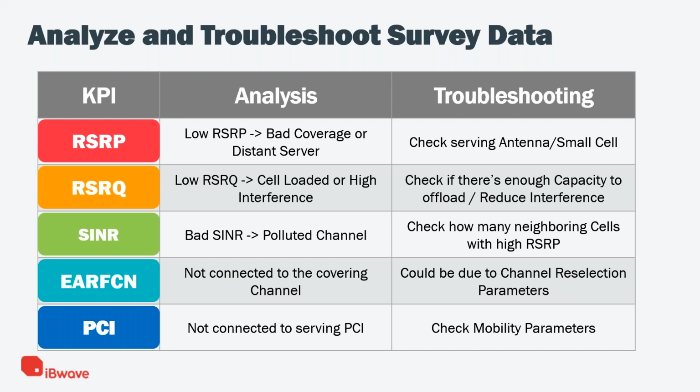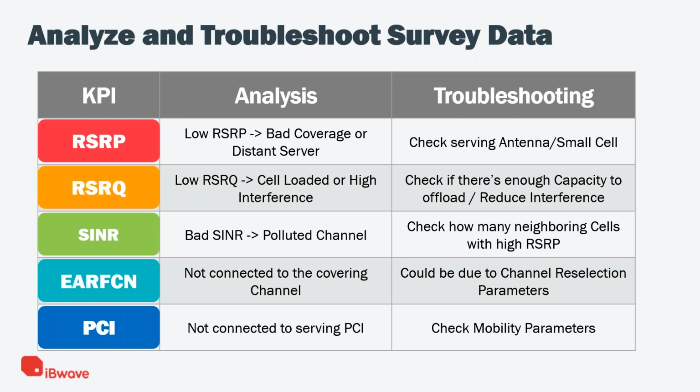It's also possible that this cell is loaded. In this case, I'll go check the RSRQ, right? So if the antenna is good, the small cell is good, it's transmitting, there's no problem, then what is my RSRQ? I go check my RSRQ. If I have low RSRQ, meaning, let's say, I don't know, 18, for example, then the cell is loaded, or it might have high interference, meaning the resource elements are occupied by other cells, and the